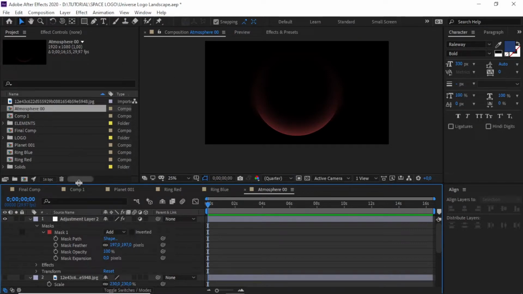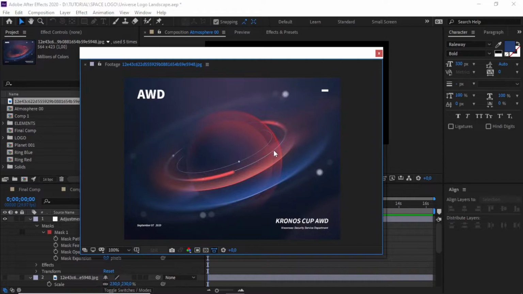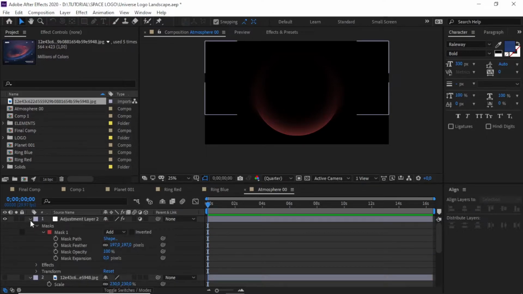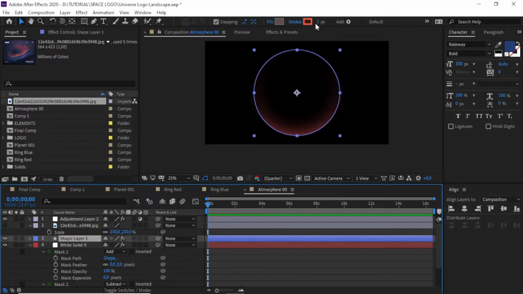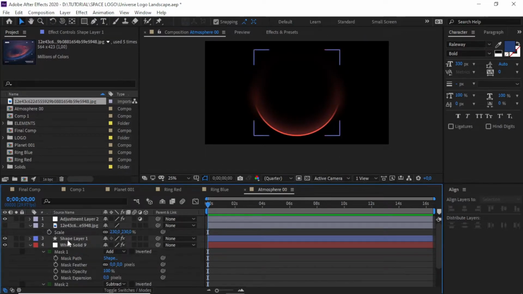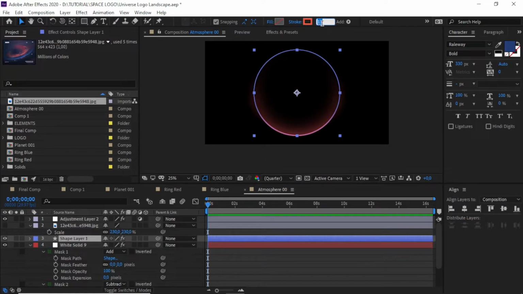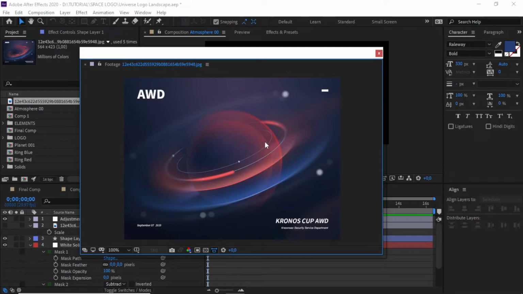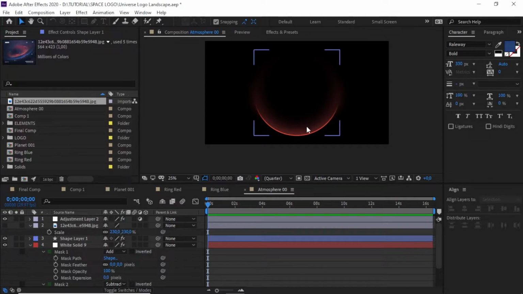I think the difference is the atmosphere has a bigger outline than the ring, so we only need to adjust our shape layer and create about like this. Maybe it's just too big, but F6, check out this reference again. There is a slight blur on it,